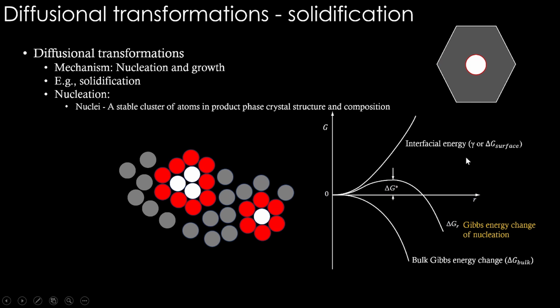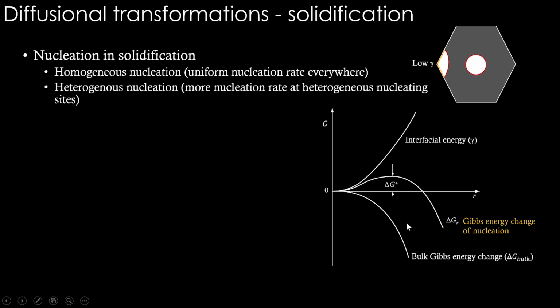Since this interfacial energy is a barrier, there are different kinds of ways in which the system tries to minimize that, or tries to find a path where not much of a barrier is there for a product phase to form. That's where different types of nucleations come. Two types of nucleation are there. Homogeneous nucleation is where uniform nucleation rate is seen everywhere, meaning look at this nuclei here. If such nuclei form everywhere at uniform rate, any volume of material you take, the number of nuclei there are same. The nucleation rate is uniform there.